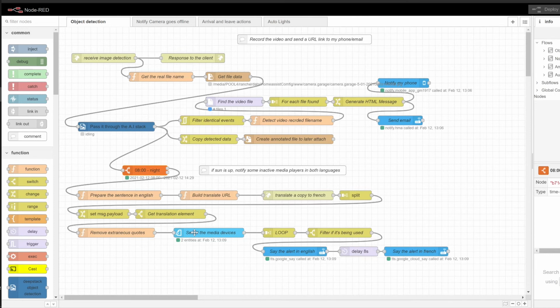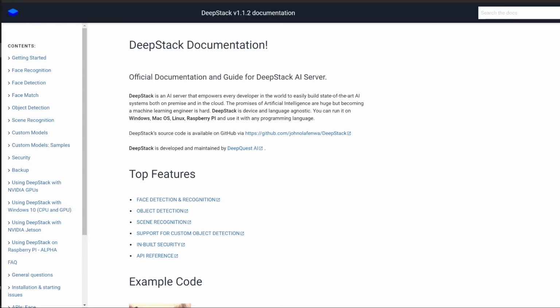So the last piece of software that I have to mention is called DeepStack. It's an AI server, and it basically runs as a web service, and it's very easy to run either as a standalone, again, or as a Docker container, in which you just pass an argument to say what you would like to detect. And it can do quite a bit of things, including detecting objects, and quite a slew of them. It can also do scene recognition and facial recognition.